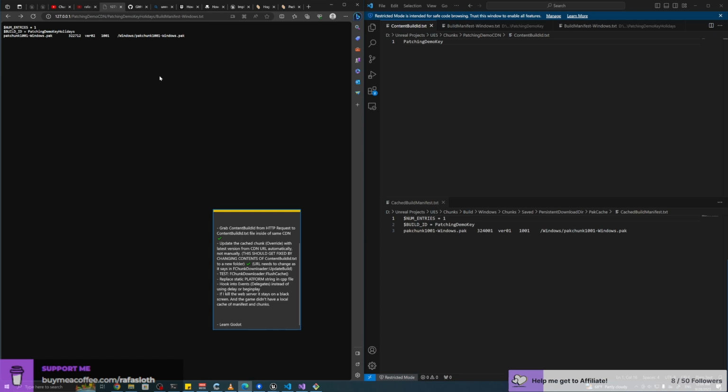And basically, don't overwrite manifest files. You're supposed to release a new version instead of overwriting the same file. So you're supposed to create a completely new file in a completely new folder in your CDN. And that's the way the Chunk Downloader developers at Epic Games are expecting you to do this. If you understand those concepts, then this is not as complicated as you may think it is.